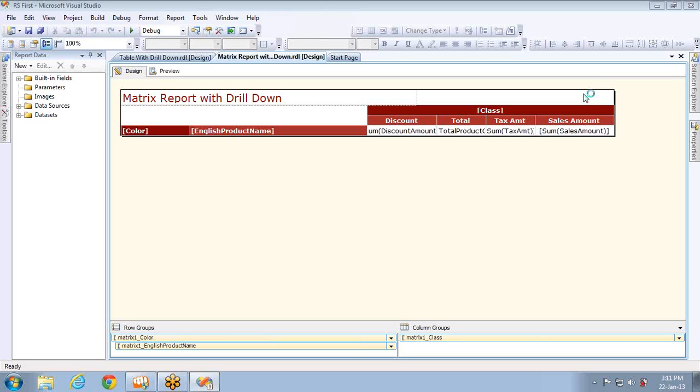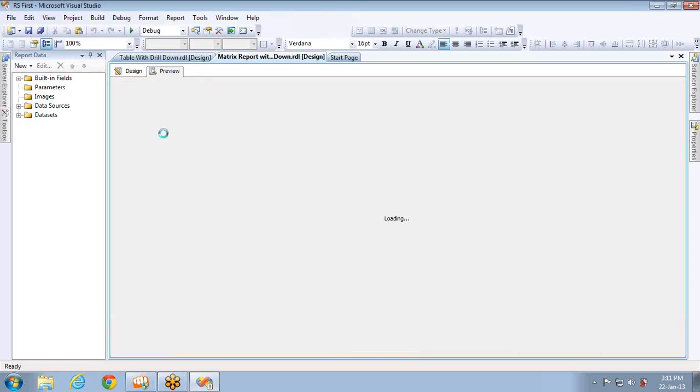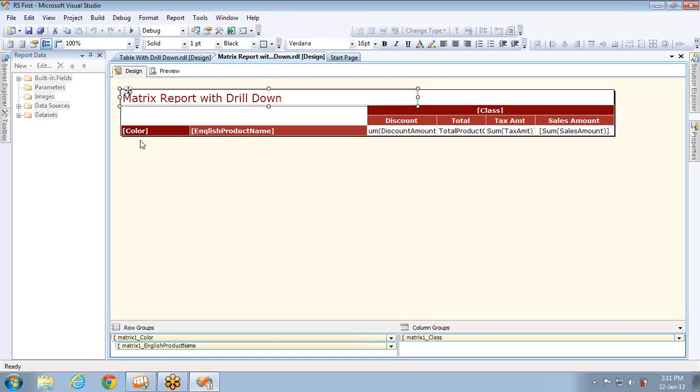In the last session, we discussed creating drill down reports, and you have seen what a drill down report is, right? Where you have a plus sign and you can expand and collapse based on the data that you want to see or based on your requirements. And we have also seen matrix report and tabular reports